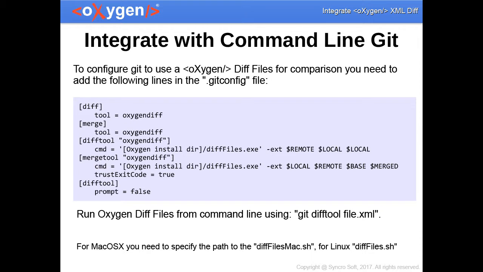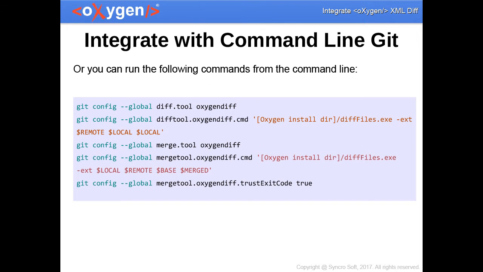Next, you can integrate diff also from the command line tool. So this is another way in case you are using Git from the command line. You need to add some configuration lines in the git config file, and then you'll be able to run the diff files tool directly from the command line. There is also another way of doing this configuration. You can just run some commands, git config, and oXygen diff tool will be configured. You don't need to go to the config file anymore, so just run these lines, and then you'll have oXygen